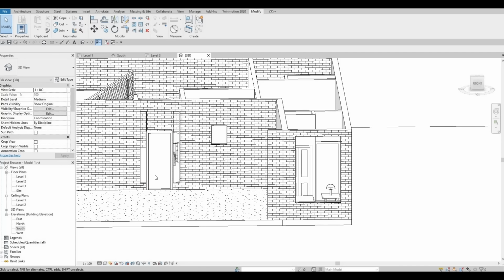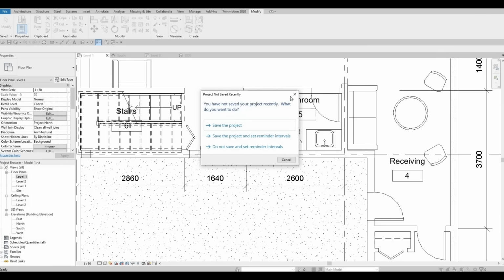So it looks good. So let's go back to level 1, and we're gonna stop here for now